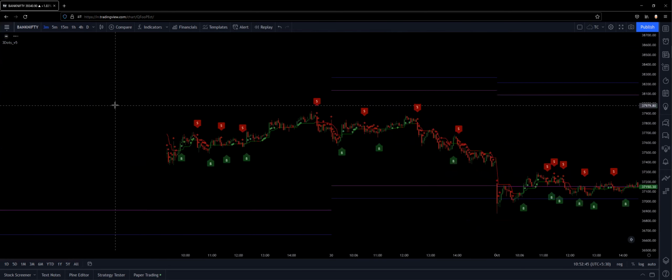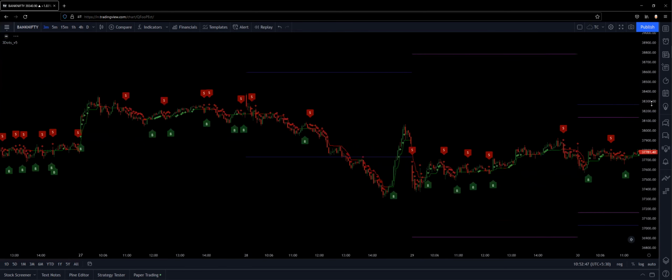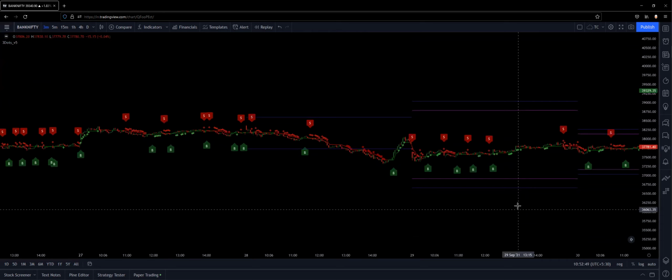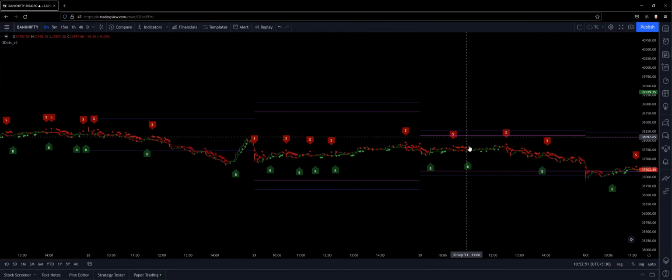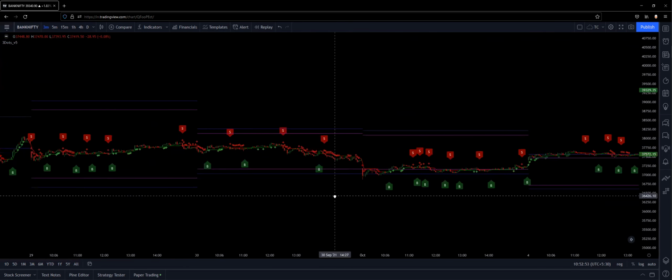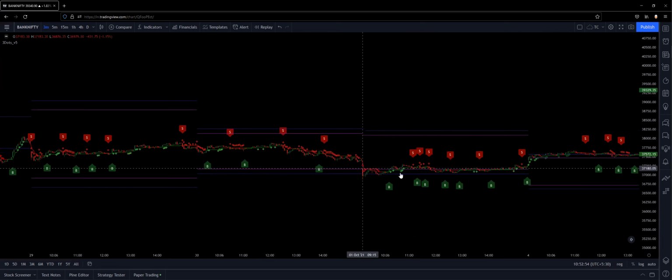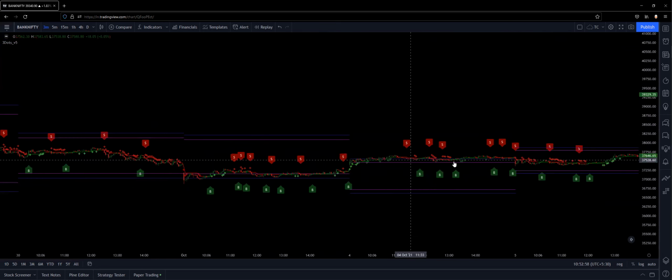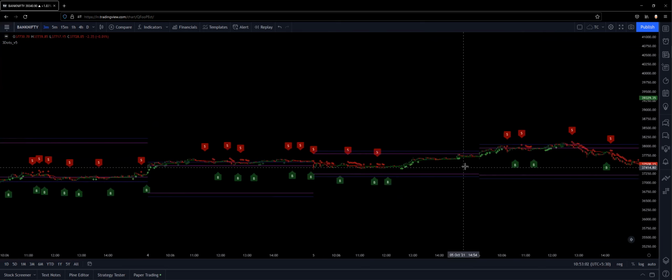This is one of our best used indicators. See here, a small range. It completely acted as a support in this case. Same thing, it acted almost like a resistance here. It's a very small range day.